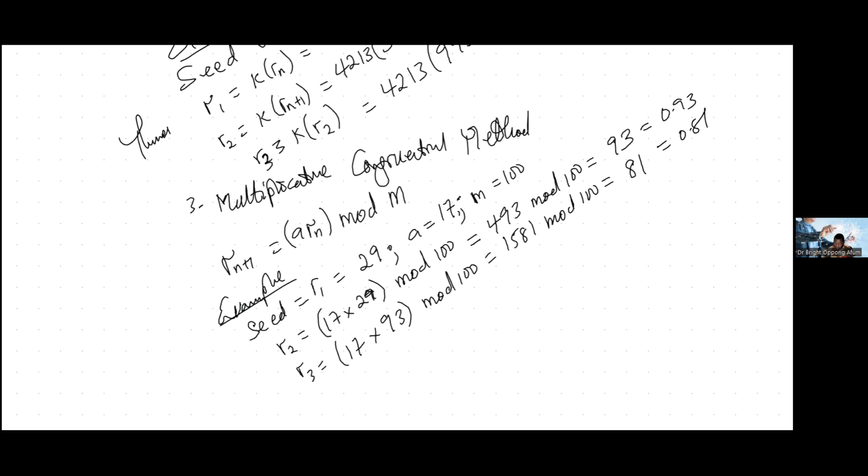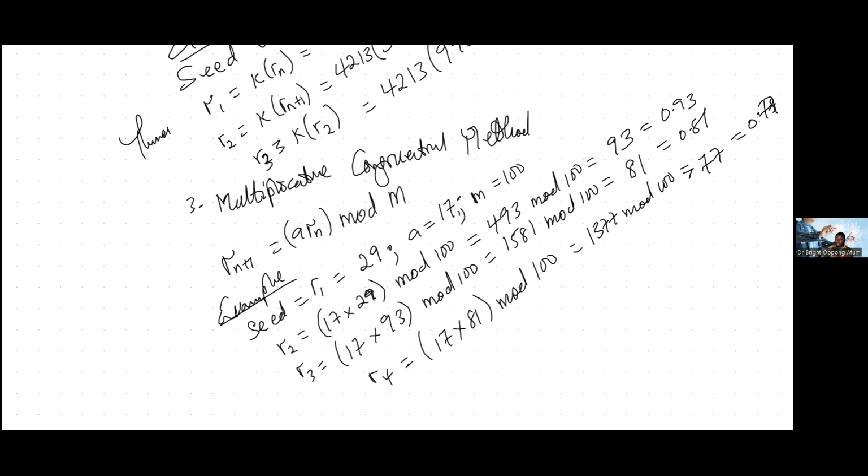So we can determine the fourth one and say that will be 17 by 81 mod 100. So 17 by 81 is 1377 mod 100, and that is 77, which can be 0.77. So usually the larger the mod number, the more continuous, or the larger the number of random numbers that